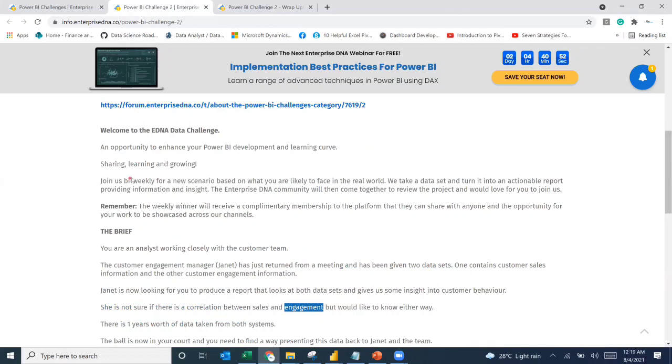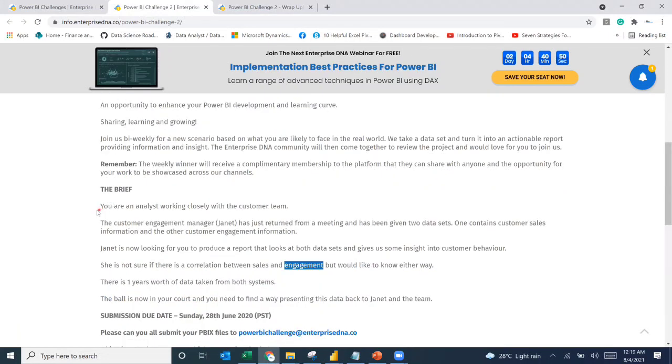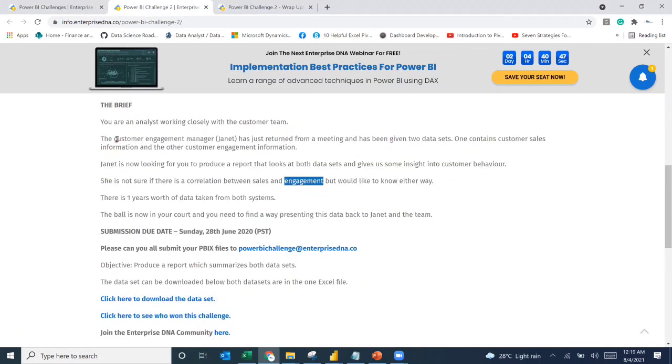What we have here is: you are an analyst working closely with the customer team. The customer engagement manager, Janet, has just returned from a meeting and has given two datasets. One contains customer sales information and the other is the customer engagement information. Janet is looking for you to produce a report that looks at both datasets and gives some insights into